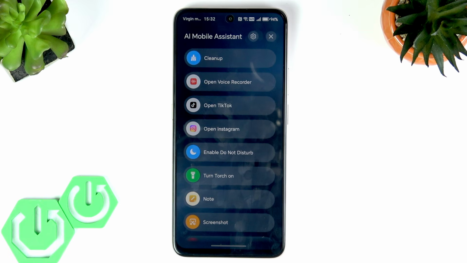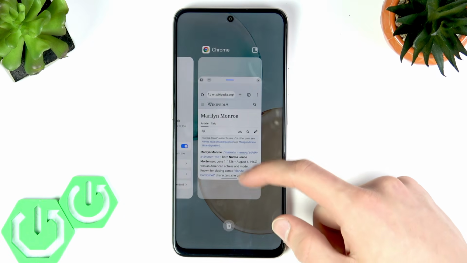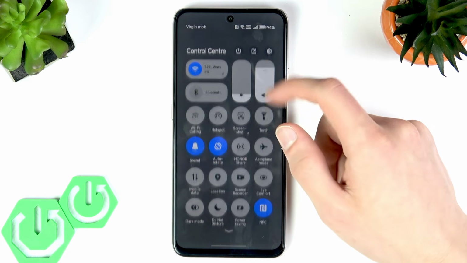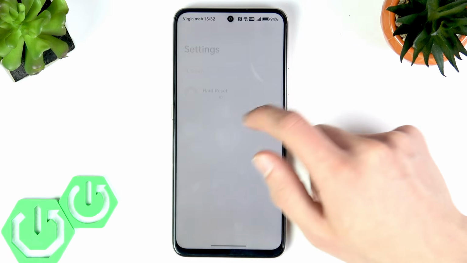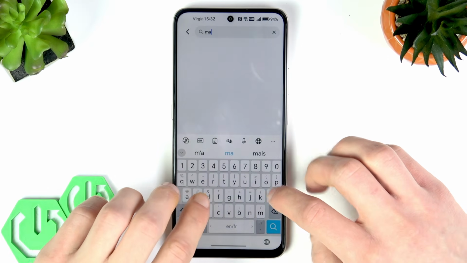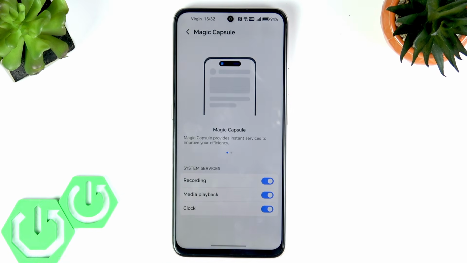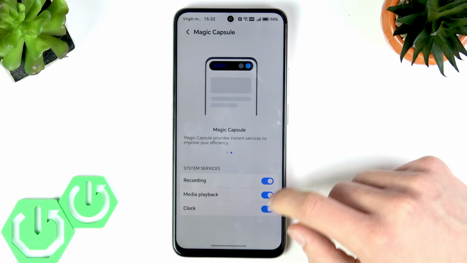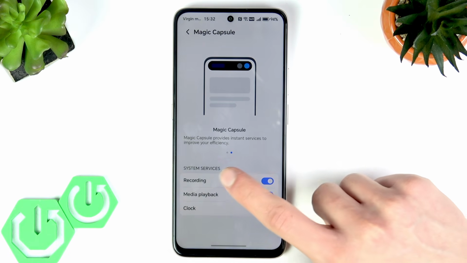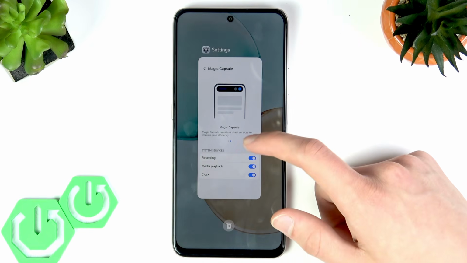Now the last feature I want to tell you about is the Magic Capsule, and this feature is available, I'm not sure in which menu, so let's just go to Settings and search for Magic Capsule. Select Magic Capsule. Make sure that it's enabled for recording, media playback and clock, and this way you will be able to multitask